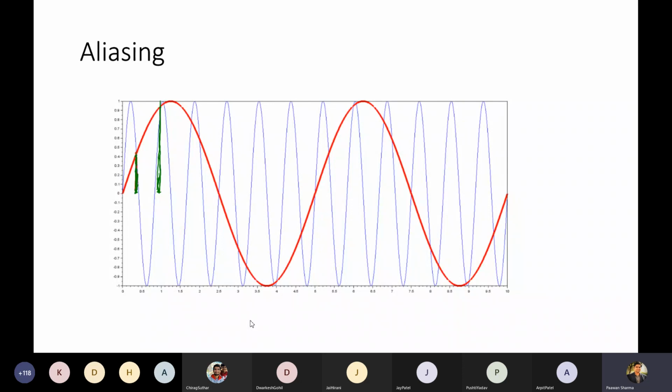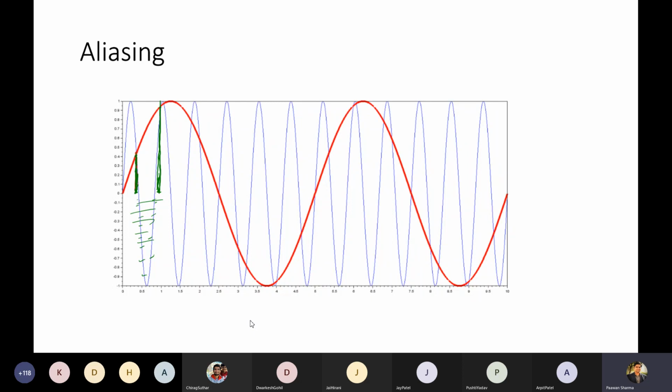So if you sample inadequately, in order to get those discrete time signal values, you will lose the information which is falling in between this interval. And what samples you are getting, actually both the values, they are represented by both the signals. So there is a loss of information in this case. You have to sample adequately.